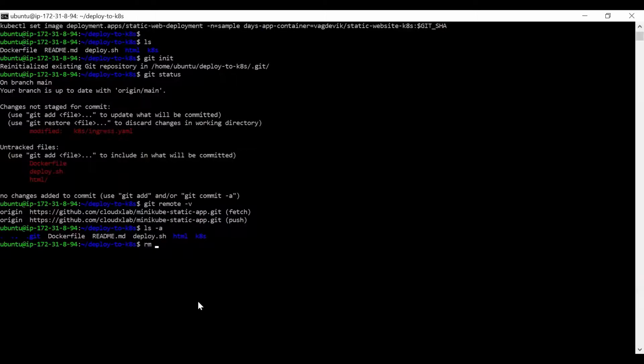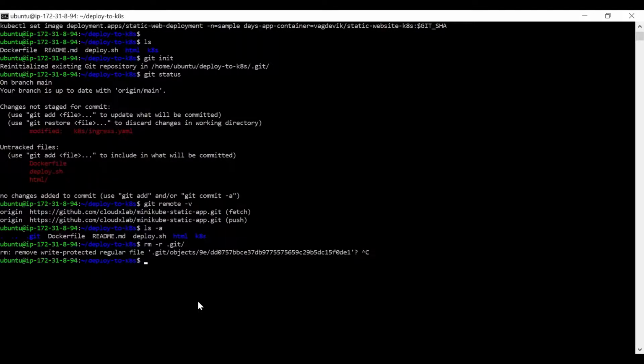So let us just remove that .git folder, so that no tracking will be there, and we can freshly start tracking, because we want to push all this application code into a new GitHub repository, so that things will be cleaner for us to understand even in the future. Okay, there seems to be a write-protected regular file.